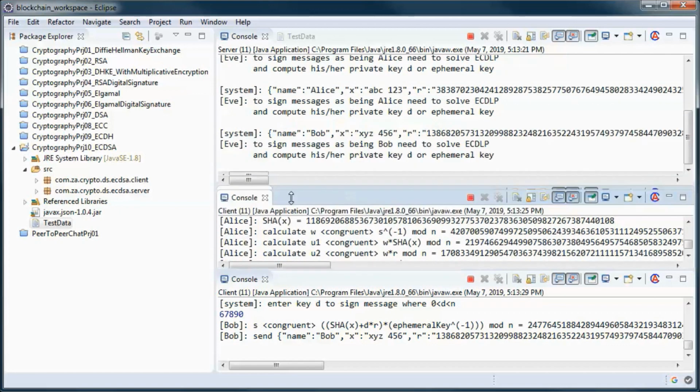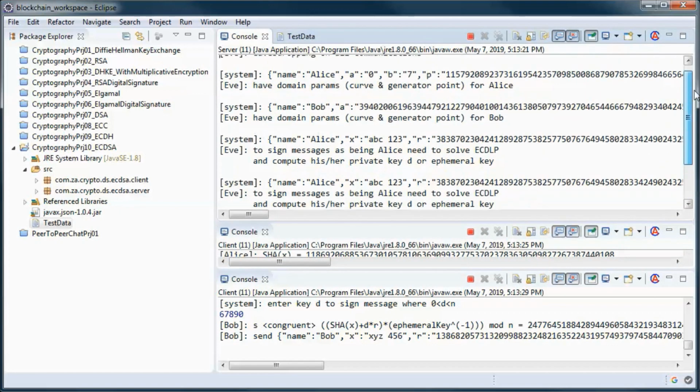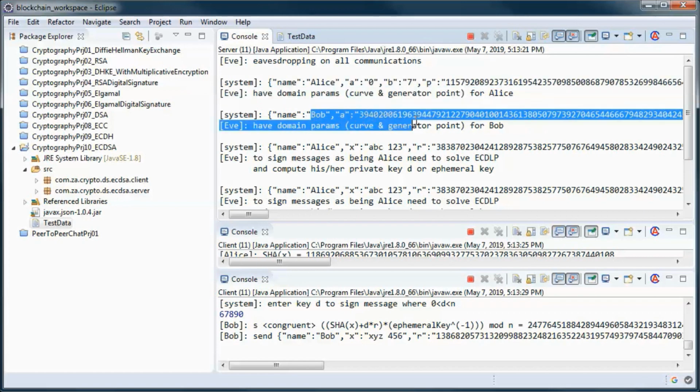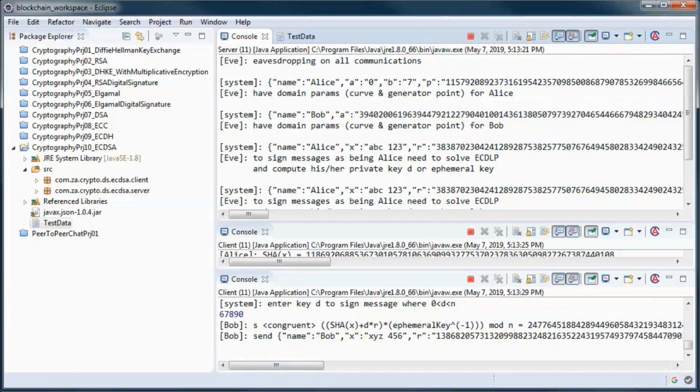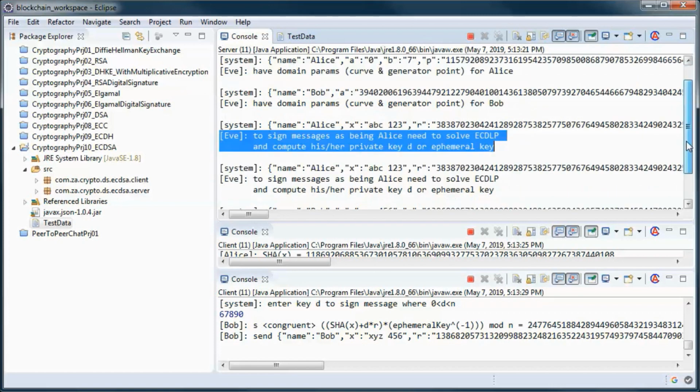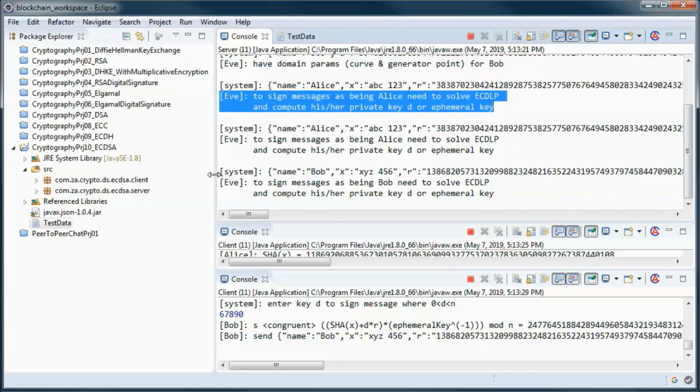And Eve can see all the communications. So now she has Alice's domain parameters, the curve and the generator point, and Bob's domain parameters, the curve and the generator point, and she can see signed messages originating from Alice and from Bob.